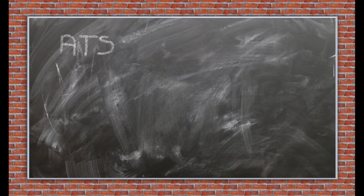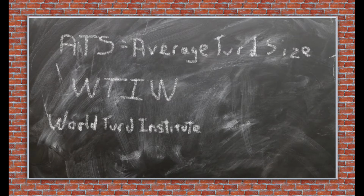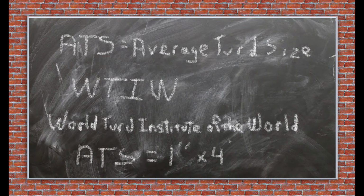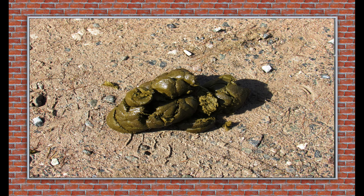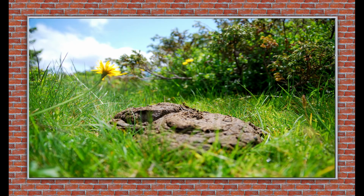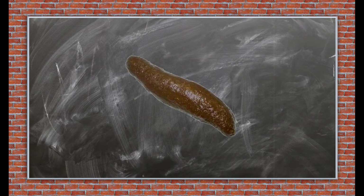We are also going to need the ATS, average turd size. According to the WTIW, World Turd Institute of the World, the average turd is 1 inch by 4 inches. Now I know they come in a lot of different sizes, like the small bead, the tiny stiff stander, the semi-solid loaf, super soft and squishy cow pie, and what they call a "what did I eat" pile. But for our purposes, we're going to use the pliable Play-Doh tube turd so it will hold shape and allow